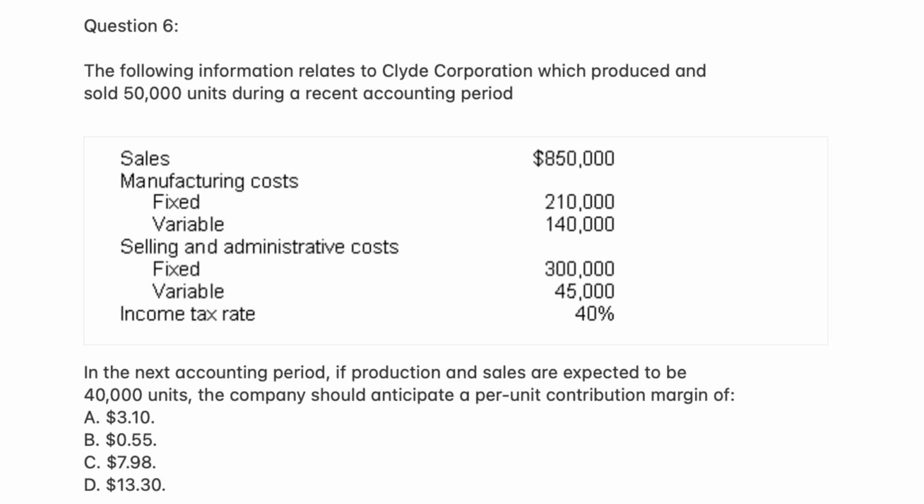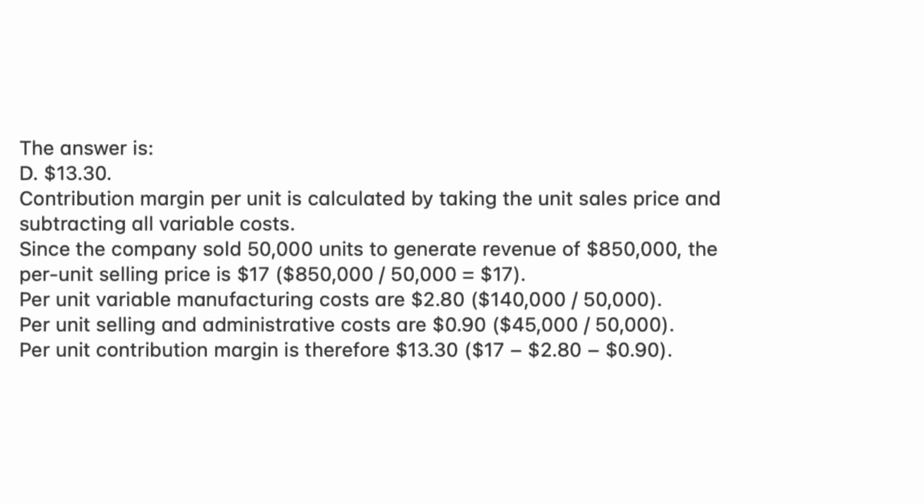$7.98, D. $13.30. The answer is D. $13.30. Contribution margin per unit is calculated by taking the unit sales price and subtracting all variable costs. Since the company sold 50,000 units to generate revenue of $850,000, the per unit selling price is $17,